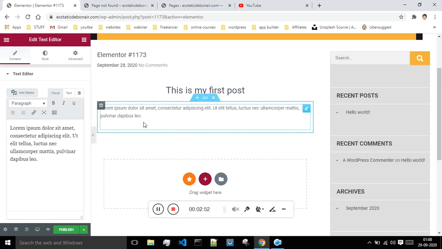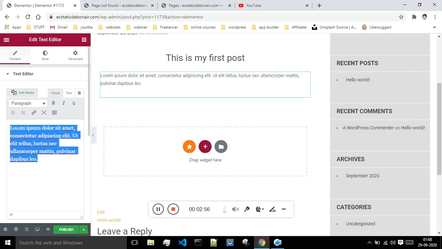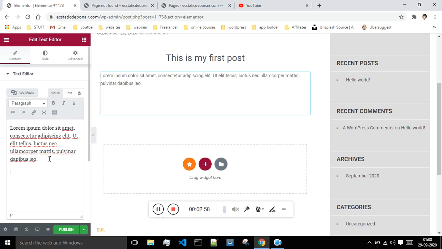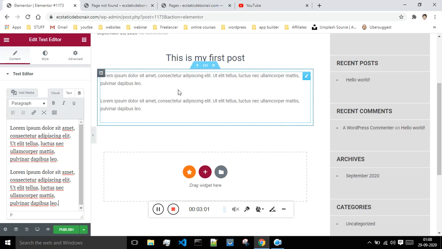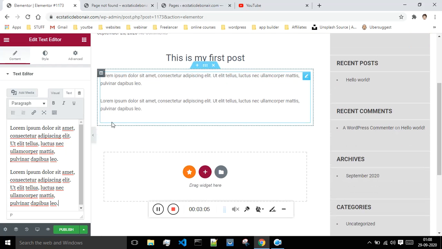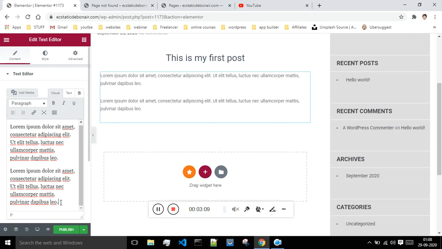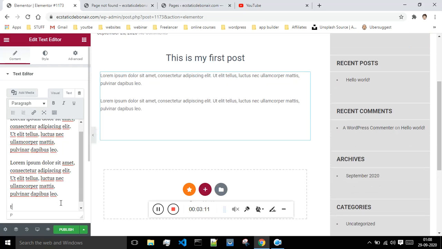By default this paragraph is having some text. If you want you can just copy this, I'll paste it over here. Okay, so as of now it is having two paragraphs over here. So next what I'll do is if suppose you want to add some list and all, so list of items, then I will say this is my list